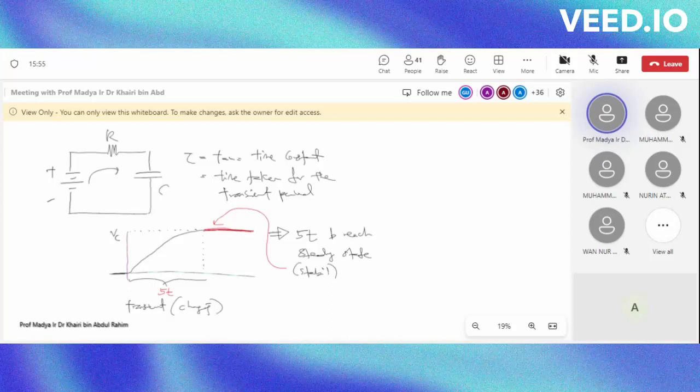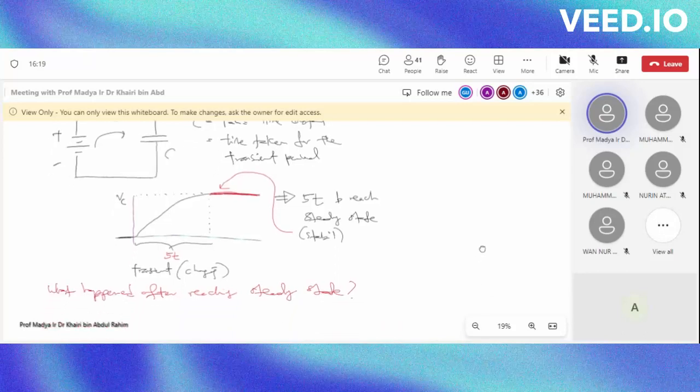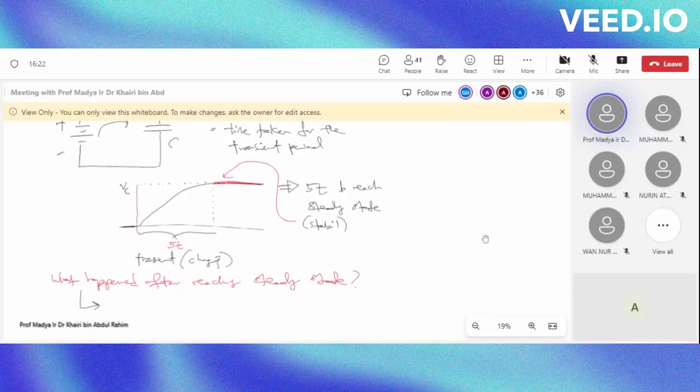So question, what happened after reaching steady state? Okay, what happened after reaching steady state? The answer is capacitor becomes open circuit. Okay, capacitor becomes open circuit, which means